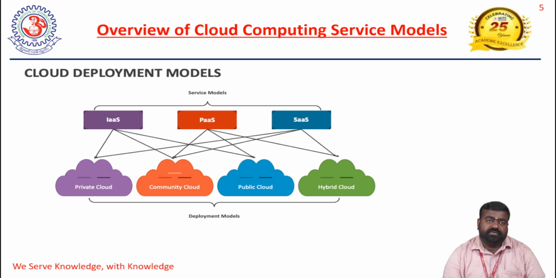Private cloud means it's for a specific organization. Suppose a specific organization requires any kind of services, that can be considered the private cloud model. The next one is the hybrid cloud. A hybrid cloud is a combination of any kind of cloud models. One more cloud model is called the community cloud. The community cloud is established for a specific group of people. For example, if you have a group of organizations that want to set up one kind of environment, the group of organizations forms a cloud environment. This is called a community cloud.